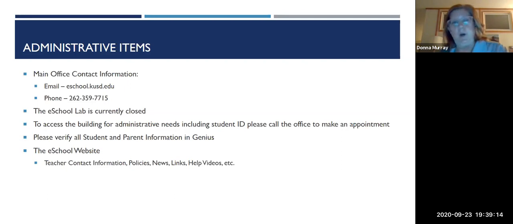Due to COVID and all the rules and restrictions we're under, the way to get your ID is to call the school first on this phone number, 359-7715, and ask for an appointment to have your ID, or if you wish to meet or go into the lab, also conduct an appointment. We will be able to receive students, but that would also require an appointment.